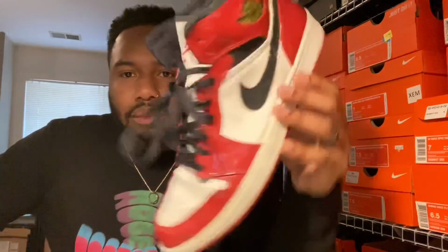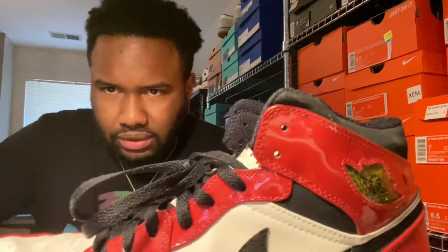Finally for Christmas, they surprised me with them. Good memories, man. Wore them to school. Extra long on the clown length, but you know what? That's okay. Wore them to school. Everybody was wearing the black and gold ones or the white and powder blue ones because Carmelo was a huge